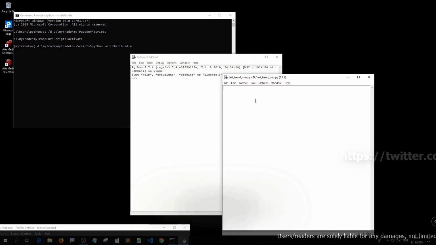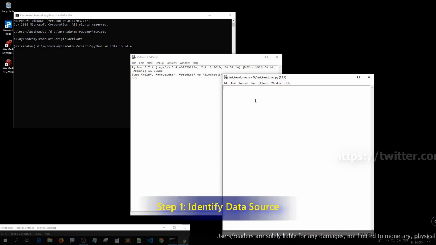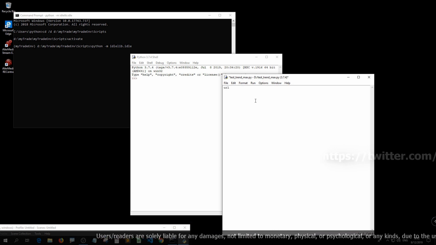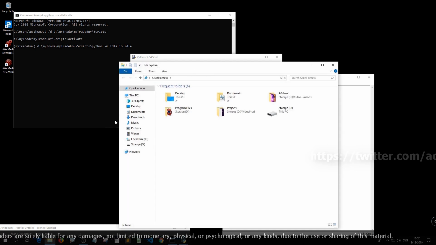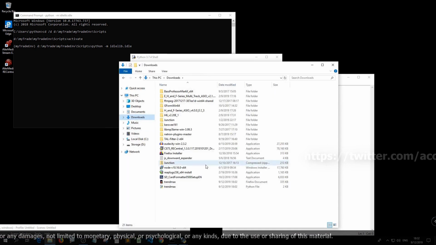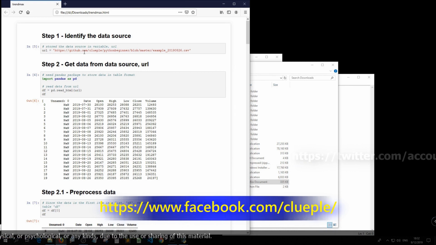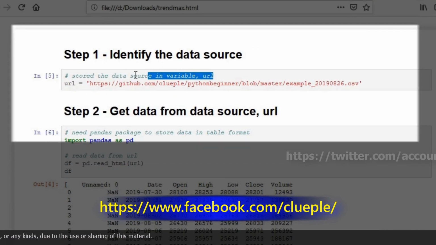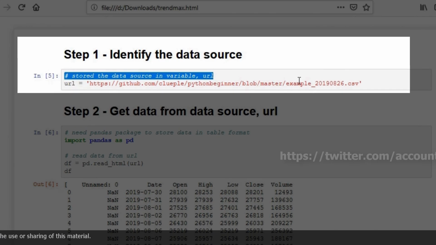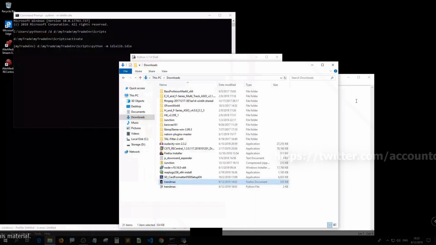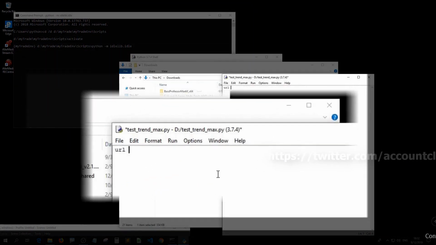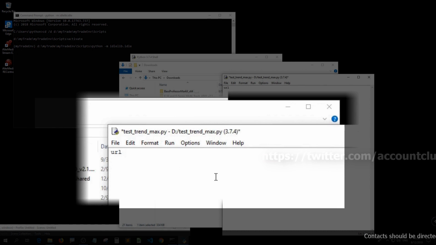This is step one I remember in my tutorial HTML file. I stored it in the URL. I'm not going to type out the command like I did in the tutorial file. You can refer to the tutorial file if you can't follow along. So I'm not going to type the command like this one, just to speed up the video, okay? In the URL, I'm going to go to,